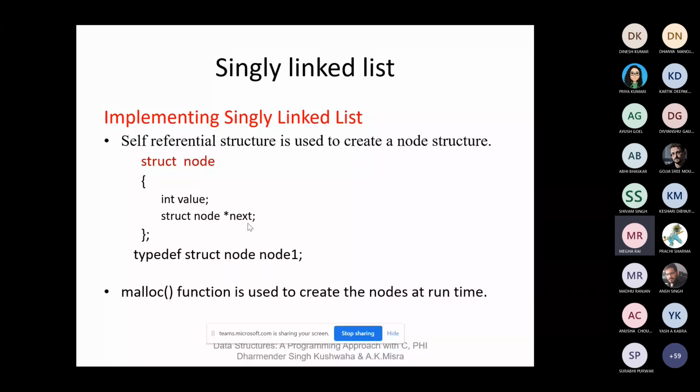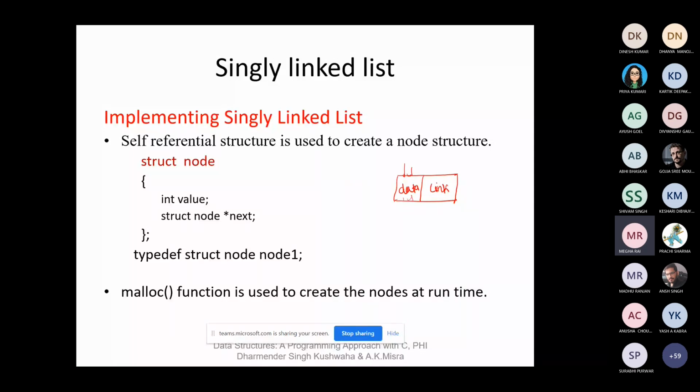So if you create a node, there are two fields. You have seen one is the data field and another one is the link field. The data field may contain any value; it can contain an int value, a character value, or other values.